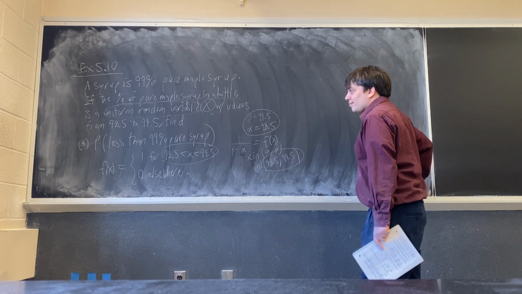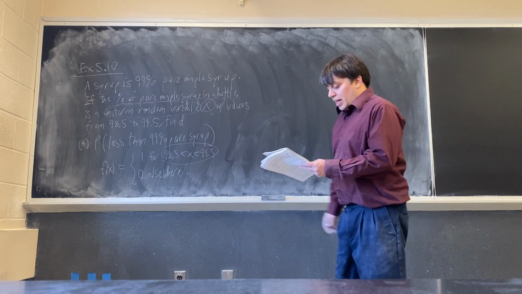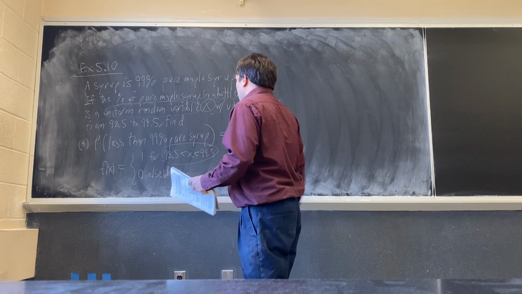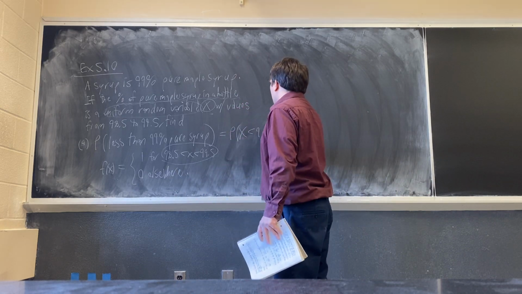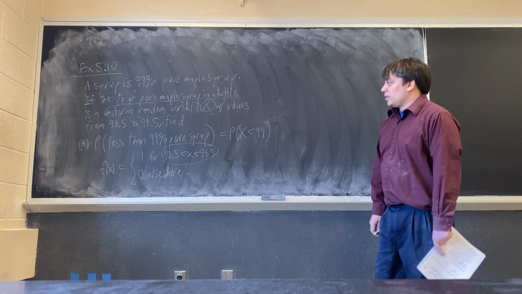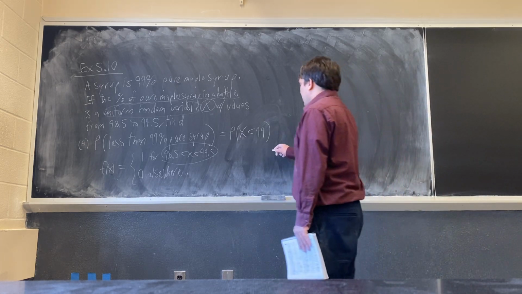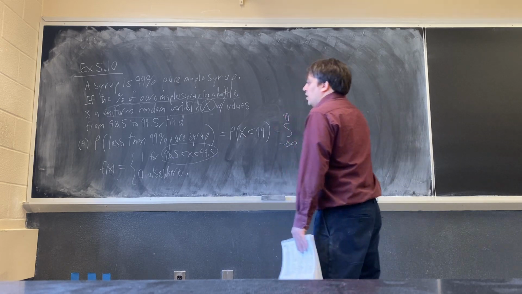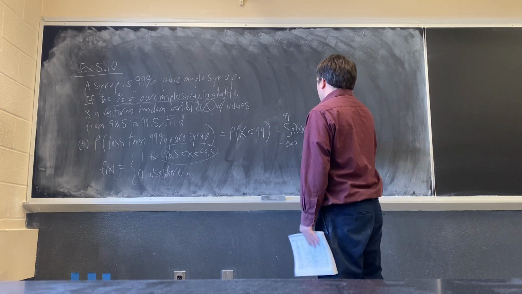Okay. So we found f of x. And so now, what we want to find is the probability that percent x is less than 99, because x is the percent of maple syrup in the bottle, and we want that percent to be less than 99. And so now that's equal to the integral from negative infinity to 99 of f of x dx. And that's equal to the integral,